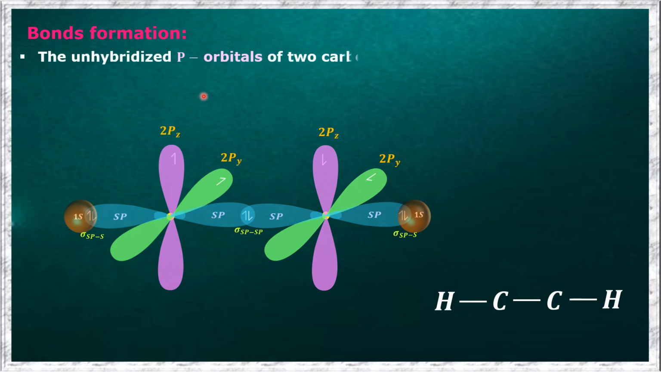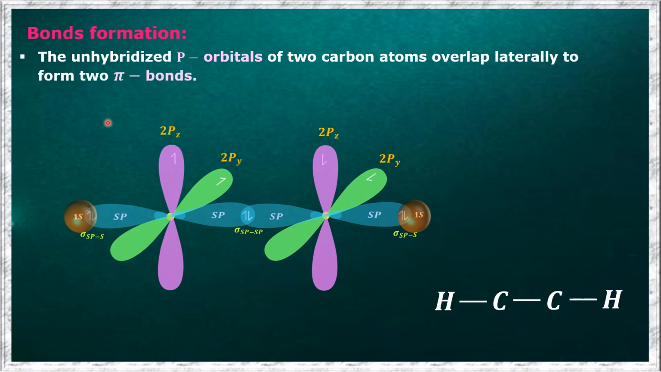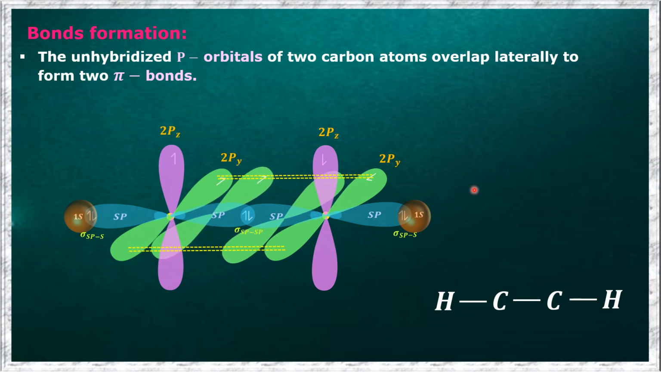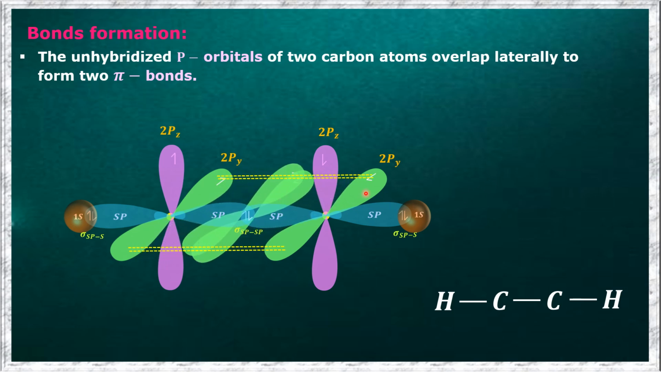The unhybridized p orbitals of two carbon atoms overlap laterally to form two pi bonds. Now, these two 2py orbitals overlap laterally, forming a pi bond. See here, these two 2py orbitals are going to overlap laterally like this and form one pi bond between the two carbon atoms. So, pi py py,